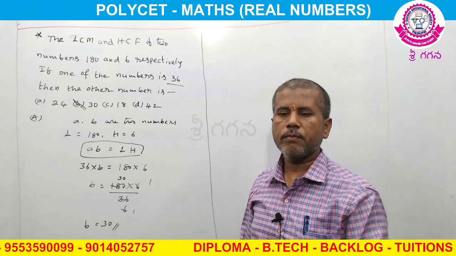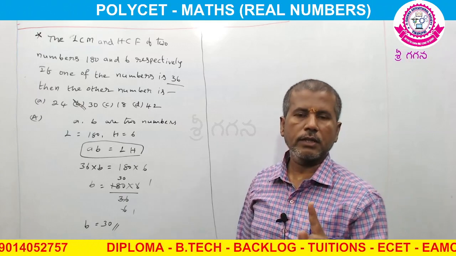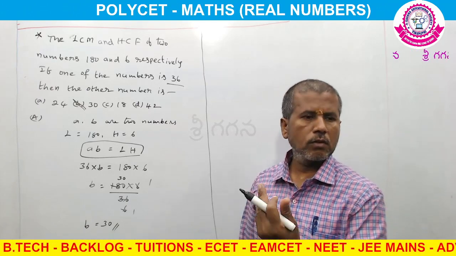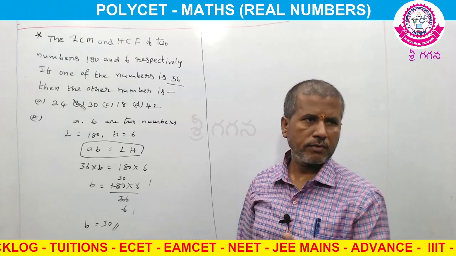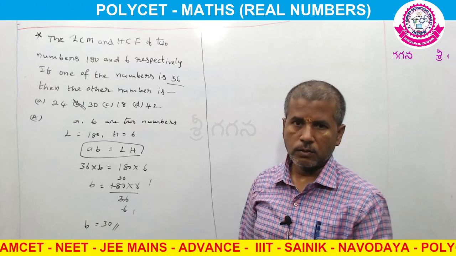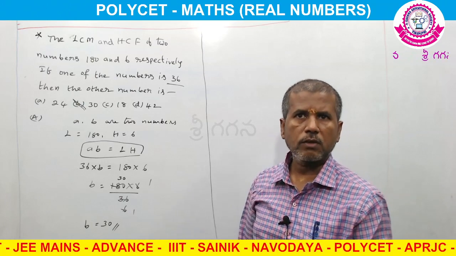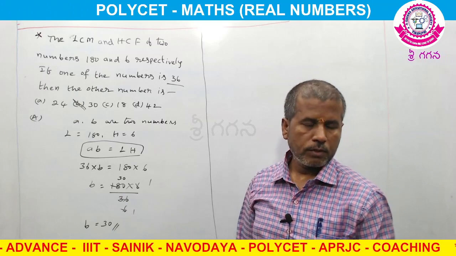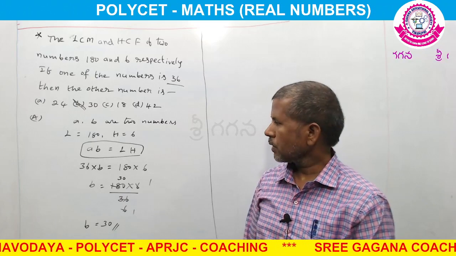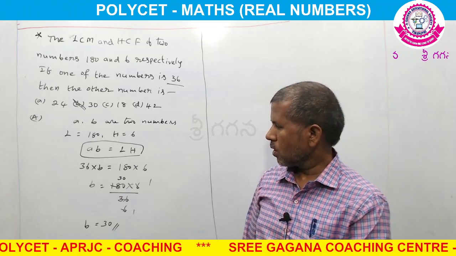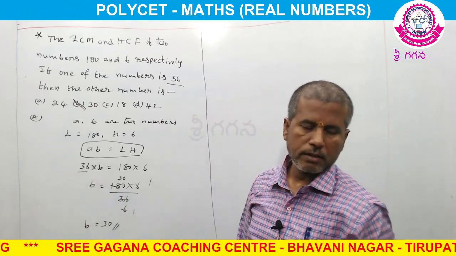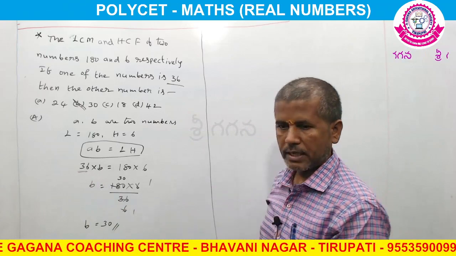The relation between the LCM and HCF and any two numbers is AB equal to LH. Take HCF or GCF, anyone, no problem. A means first number or second number, anyone can be taken, but here I take the first number as A. So 36 into B equal to L, which is the LCM 180, into H, which is 6. So B equal to 180 into 6, and 36 goes to the denominator, that means division by 36. So first of all, cancellation, 6 ones...